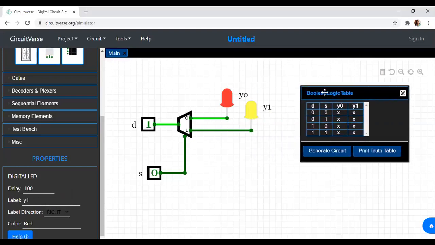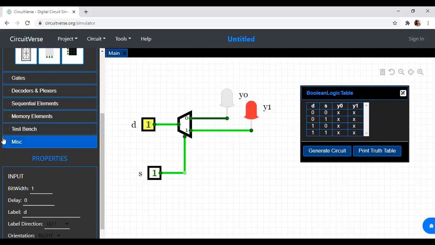Now if you see the working of demux, when your select line is 0, where will your output be available? Output will be available in Y0. So when your select line is 0, whatever is there in D will be available in Y0. If D is 0, 0 will be available. If D is 1, 1 will be available. If your select line is 1, whatever is available in D will be available at Y1. So if D is 0, Y1 will be equal to 0. If D is 1, Y1 will be equal to 1. This is a 1:2 demux.